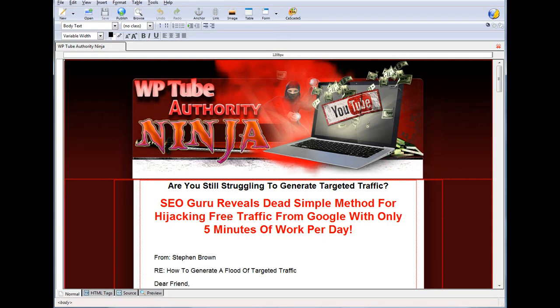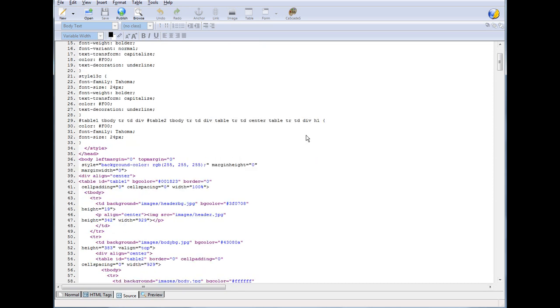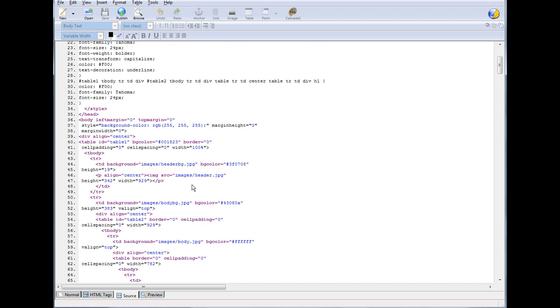Alright, now we're going to go ahead and link our images. So we're going to go from the normal to what's referred to as the source, HTML source, and make sure that your cursor is up here at the very beginning of the document when you go to do this. Otherwise you can, say for instance, if